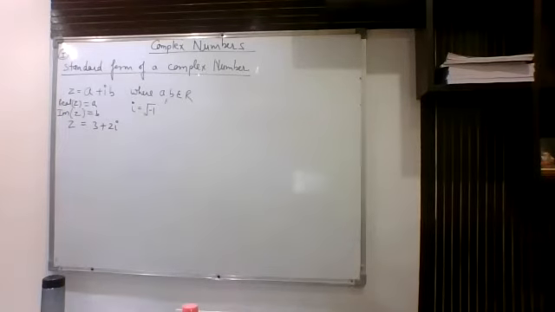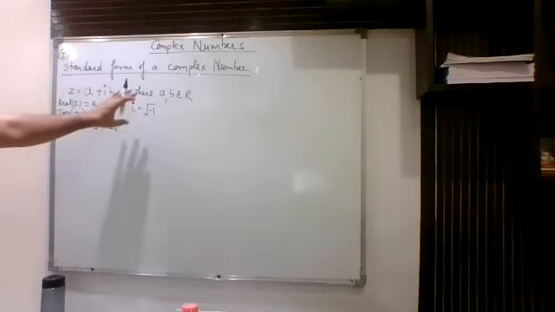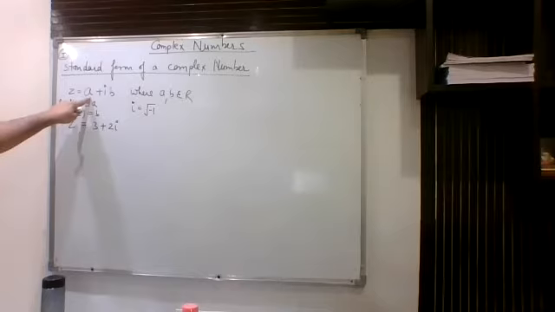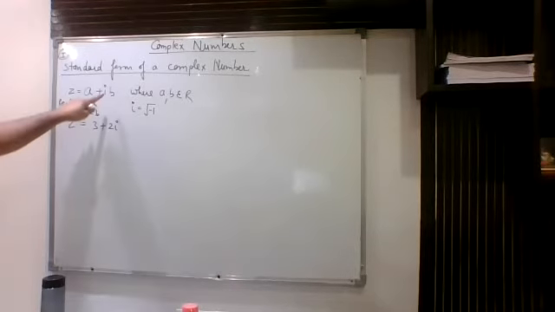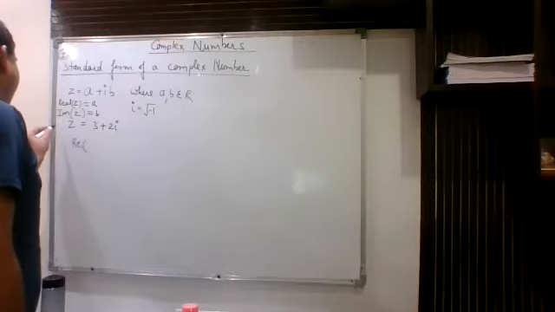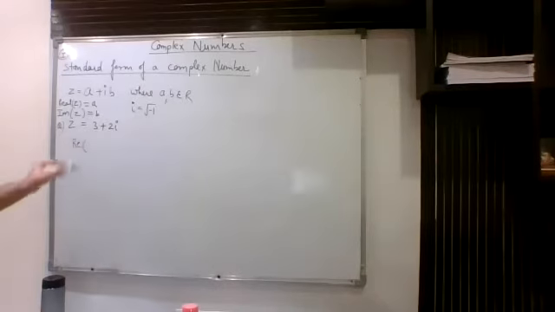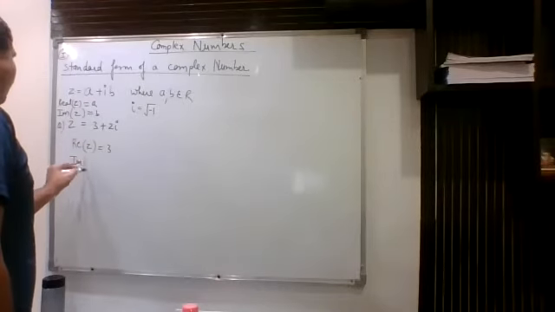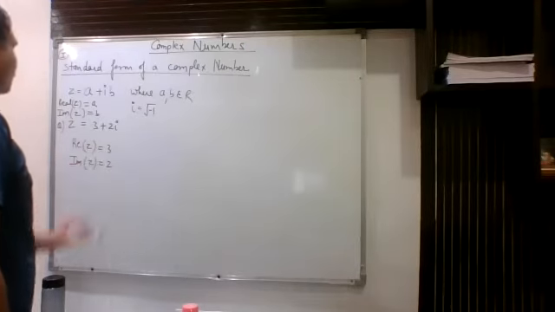So whenever we have a complex number, generally we denote it by z. z is equal to a plus iota times b. Here a and b are any two real numbers. Iota stands for the square root of -1. If I ask you what is the real part of z, that will be a. The imaginary part of z will be simply b. So in this example, if I ask you the real part and the imaginary part, you will say the real part of z is simply 3 and the imaginary part will be 2.